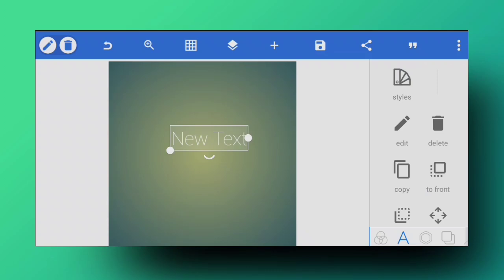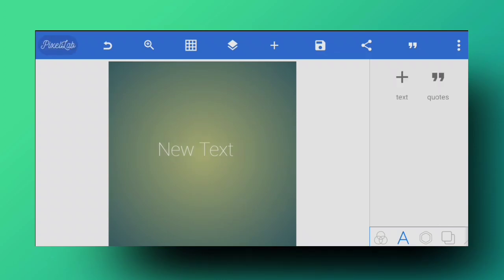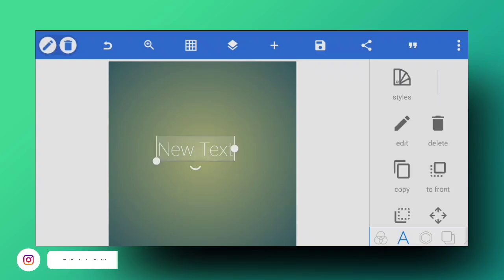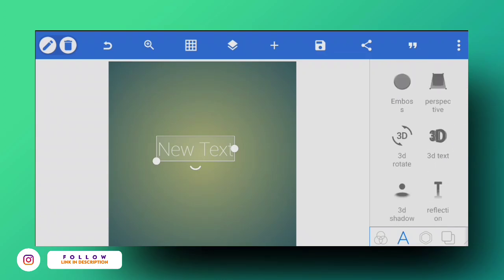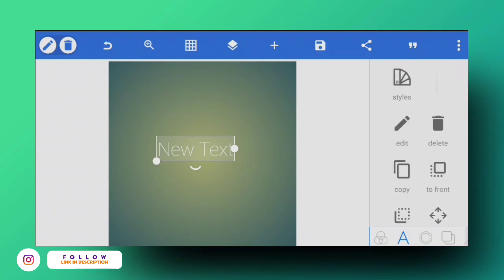But moving on, here we can see first, if you don't select the text, it will show nothing, just two options to add a text and to add codes. We have covered the codes in the first part. But if you select any text, like I'm going to select this text right here, then you can see all the effects that come for text editing.